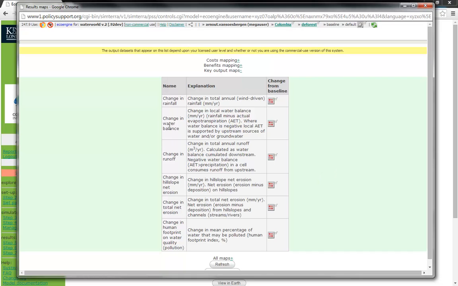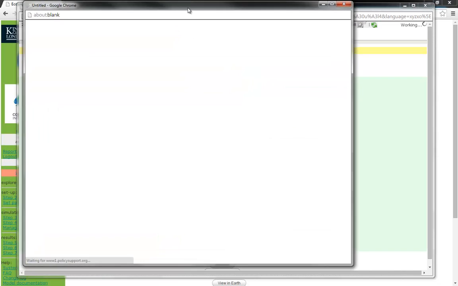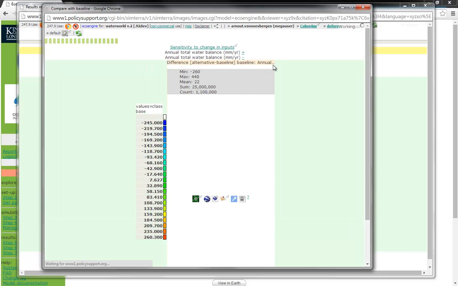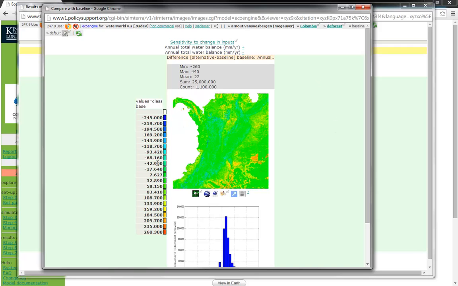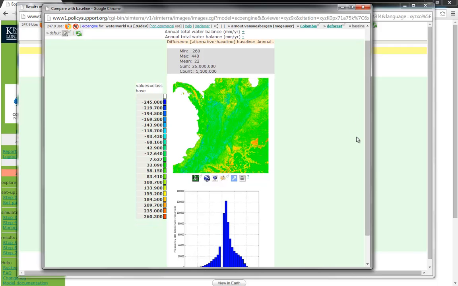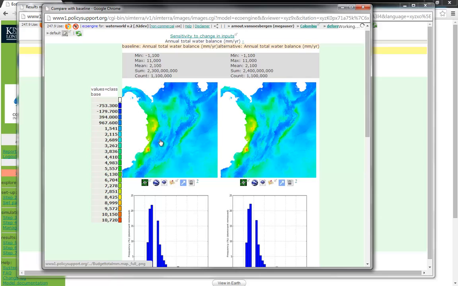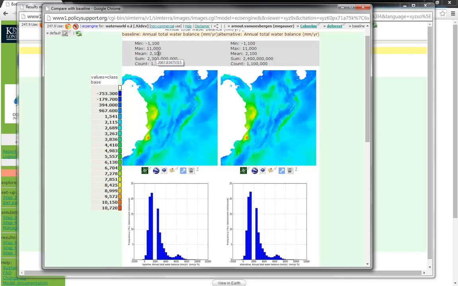So the key output map of WaterWorld obviously is the water balance. So let's have a look at the changes in water balance as a result of deforestation. So we can quickly see an increase in water balance in many regions, obviously because we have less water used by forests. We can have a look at the baseline on the left and the scenario on the right. So overall we go from 2070 over the whole tile to 2090 millimeters a year,